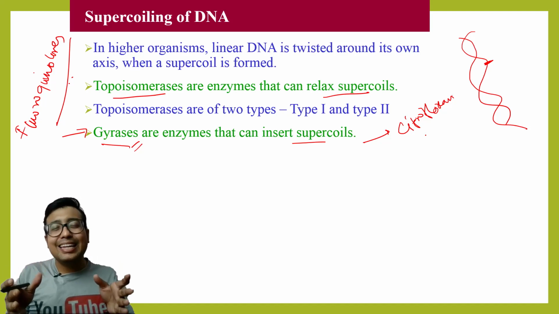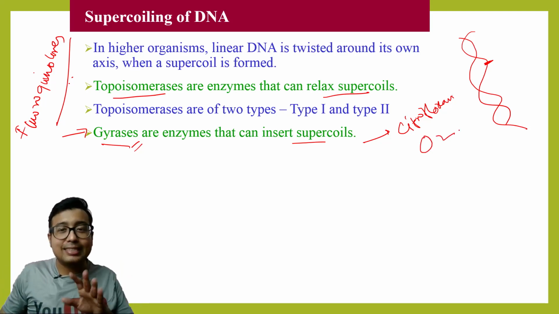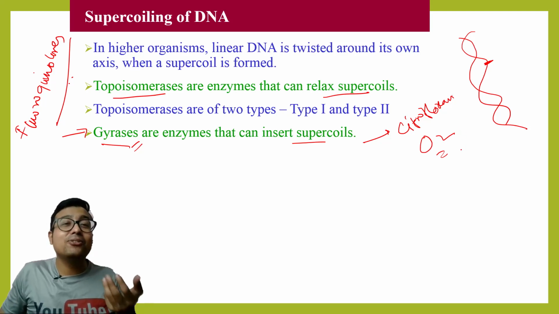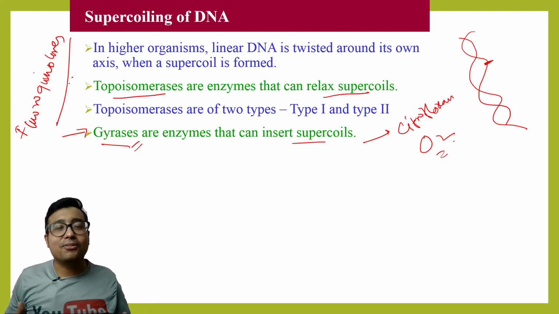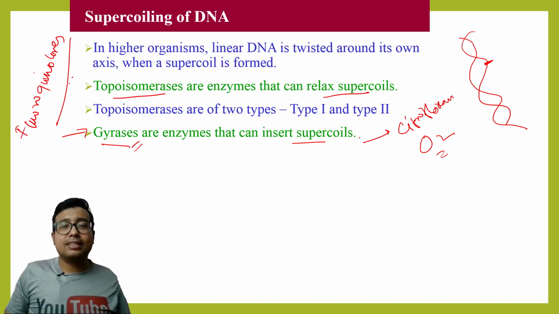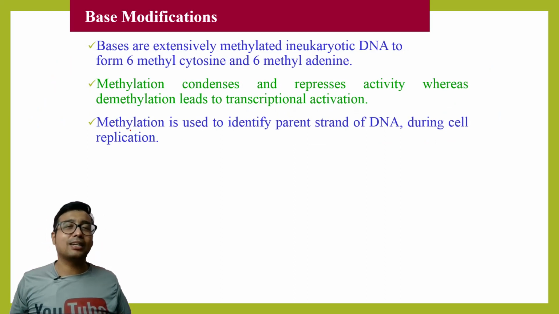ofloxacin. So for any kind of stomach upset or diarrhea, you take tablets like O2. This is a very common brand, so it contains ofloxacin. Or for any UTI, I mean urinary tract infection, you take norfloxacin. So these are the drugs that help in bacterial inhibition by attacking DNA gyrase. They will be taught in detail in pharmacology, so I am not going into those details.